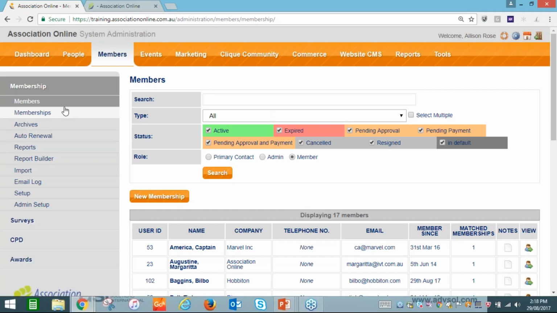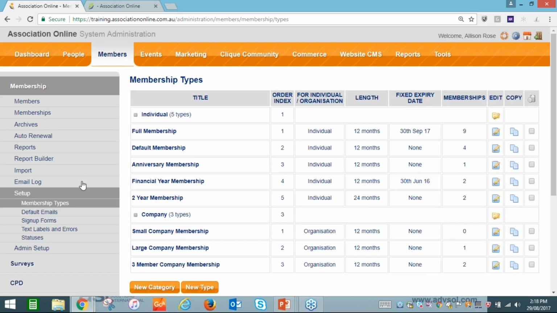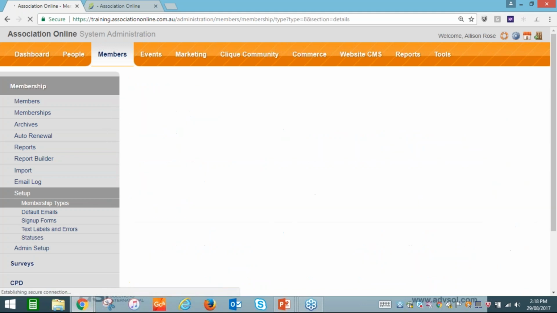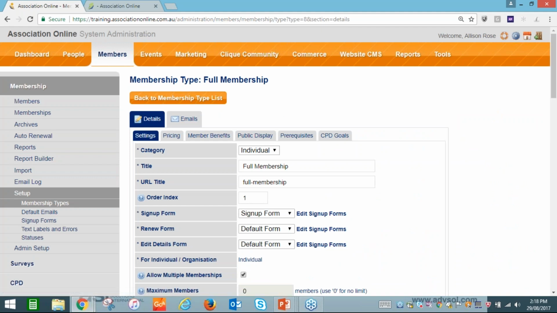Let's have a look. I'm going to go first, before we go to the orders, and look at the statuses. We talked about statuses earlier, but let's have a look at the statuses in the membership type called full membership first. When you click on a membership type, you've got a few tabs in here to work with. We're not going to go through each of these tabs today, but it's something worth having a look at in more detail if you feel comfortable. In the Details Settings tab, if we scroll down,